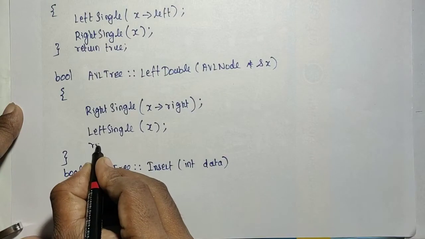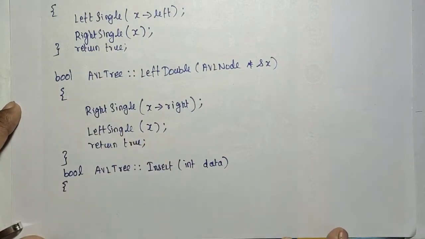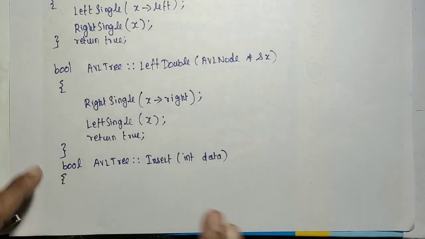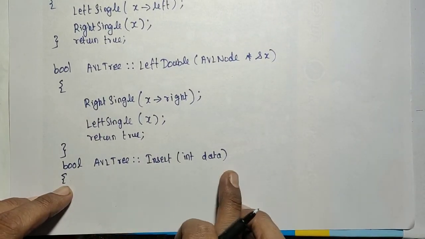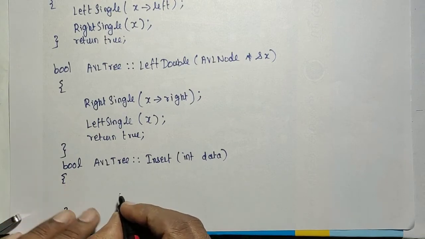And then return true. Otherwise you make the return type as a void. So then insert AVL tree and then what? Insert into data. Okay, here I just have to call that